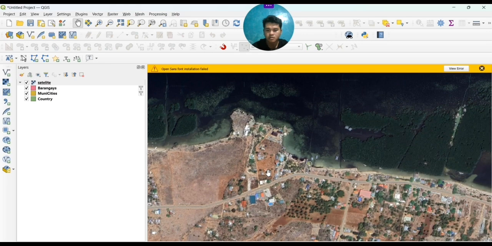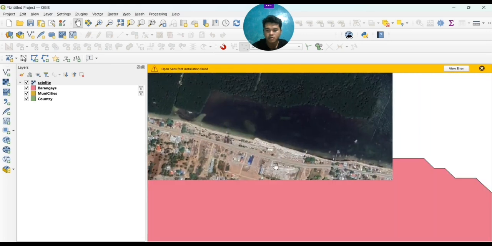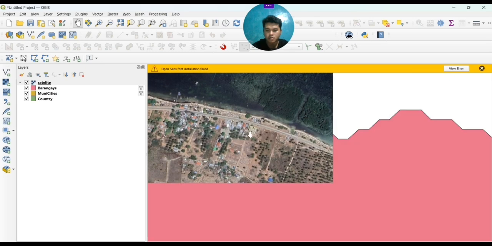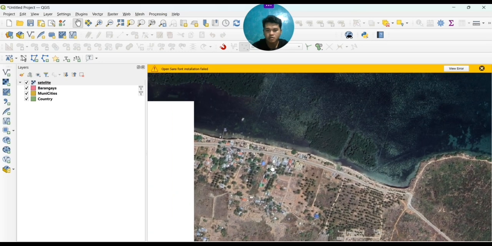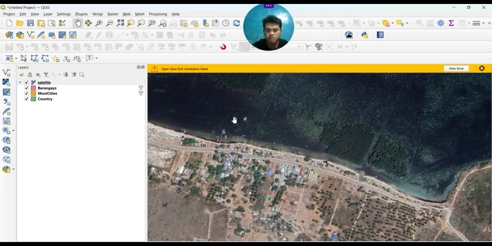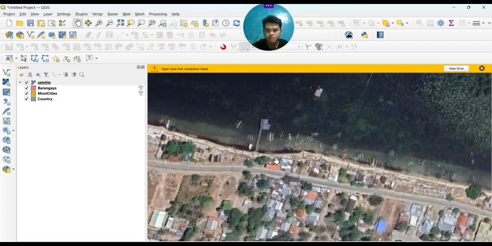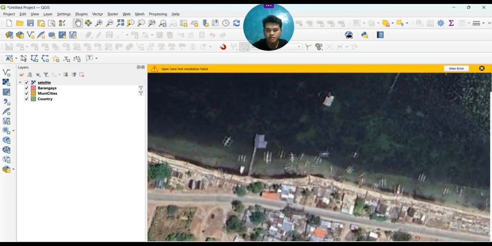Where was it? You think this one? I think we're getting closer. Oops, this one. Where is my study site? So just zoom it, zoom, and then